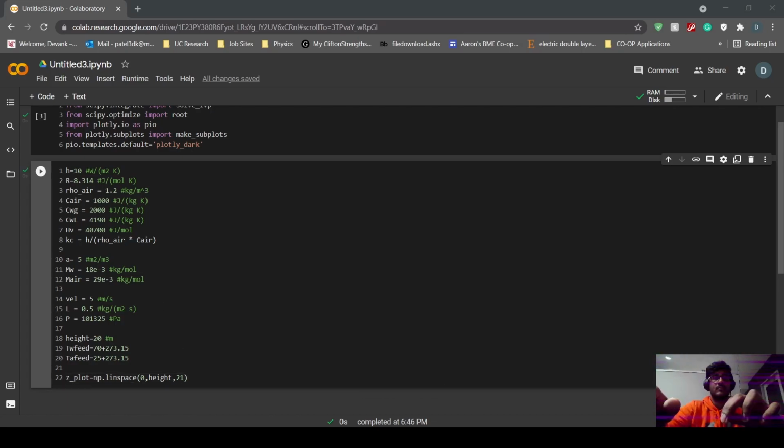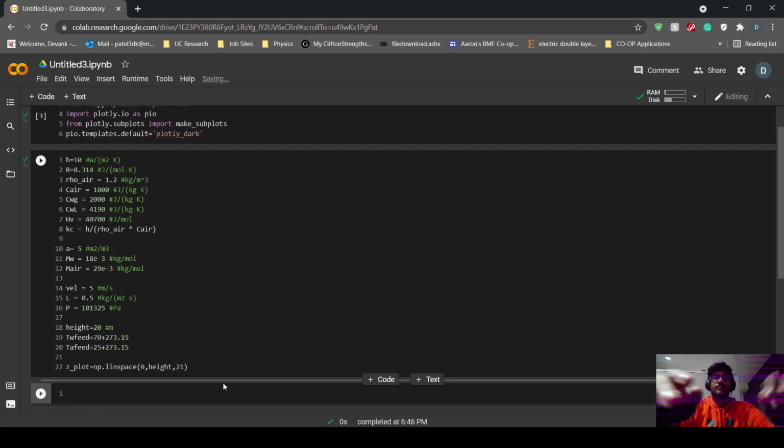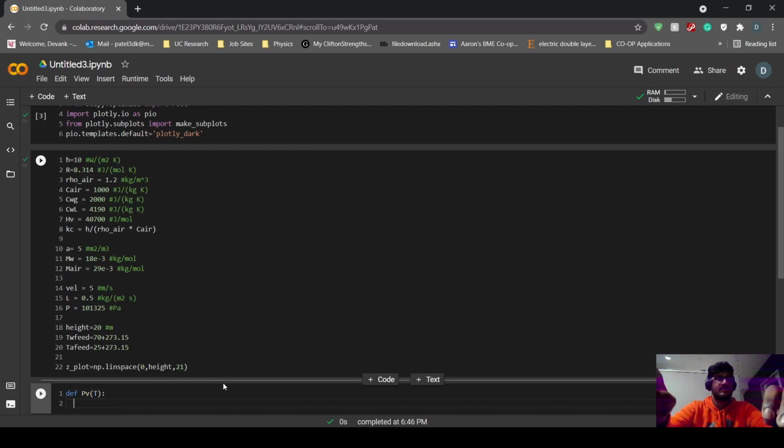Okay. Now that we've defined all of our variables, now we're going to define a function. We're going to call this function PV, and our variable is going to be T. And what this function is going to be able to do is obtain partial pressures at a given temperature, a temperature that we decide to input. So what we're going to do is return